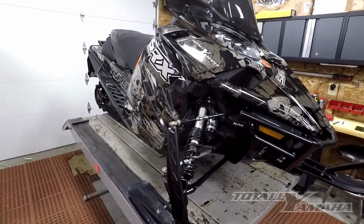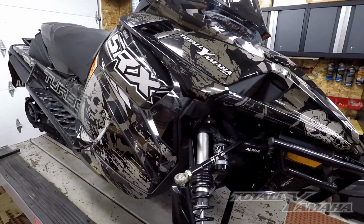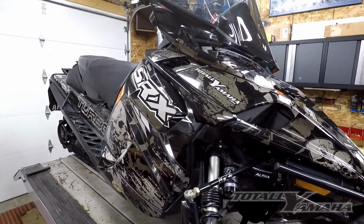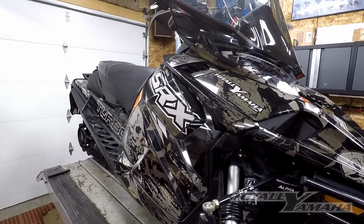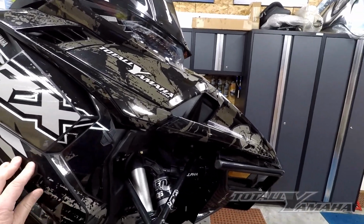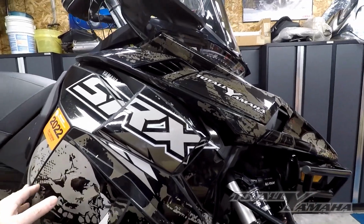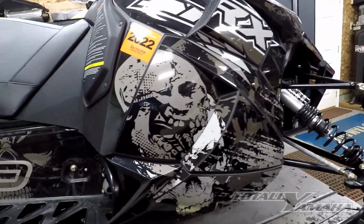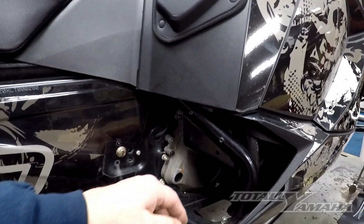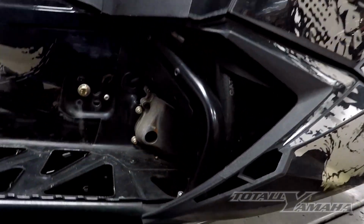Okay, today we're going to work on a Sidewinder. It would be the same as working on the Arctic Cat Thundercat. What we're going to do is take off the side panels. As you can see, I did a few of these already, the lower panels